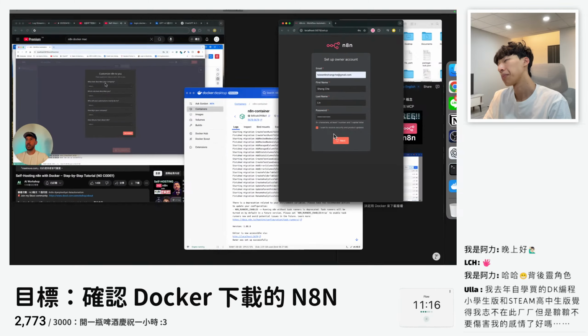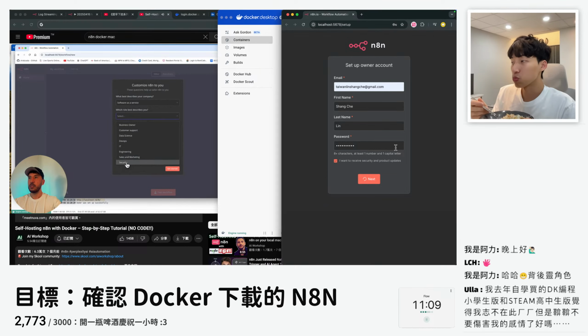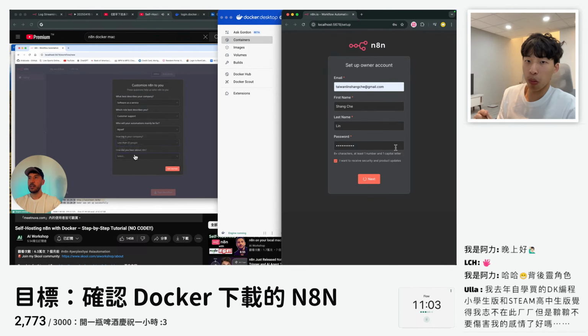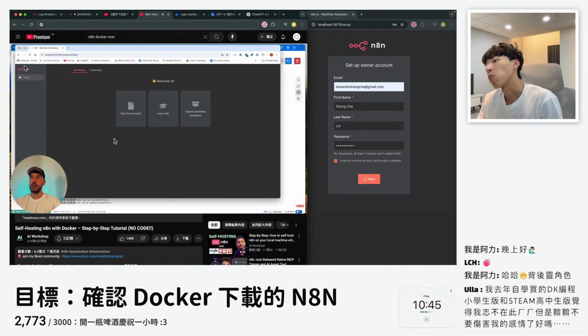And now you have to just customize the N8N. It'll just ask you a few questions, go through it. Whatever, it doesn't really matter. Get started. Alright. So now it presents you the blank workflows. And again, it's the same environment or the same user interface, just like if you were to access from your cloud account. You have your templates over here, you have your accounts, you have N8N.